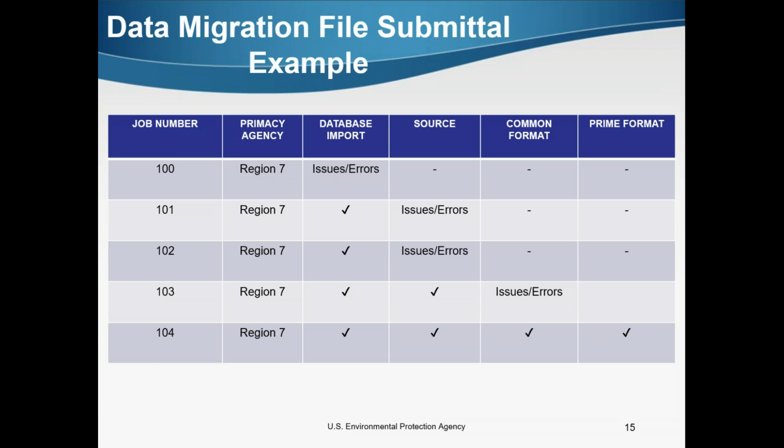Are you going to be telling us, when we get an error, only for the column that we're in right then, or will you be telling us all the errors that could be identified through all 4 columns at the same time? Where you are at the point. So for the first one, 100, if you got some errors in the database import, you'll get an email, and I'm stopping there. But you'll be telling us all the errors in that column then? Correct. Yes. Okay. Thank you.